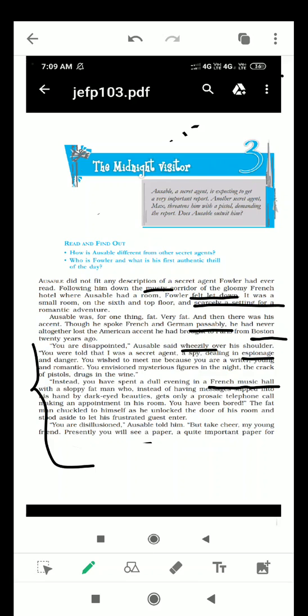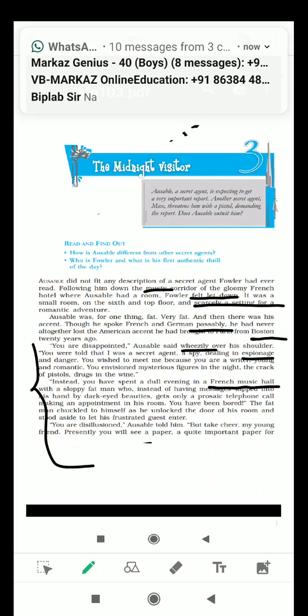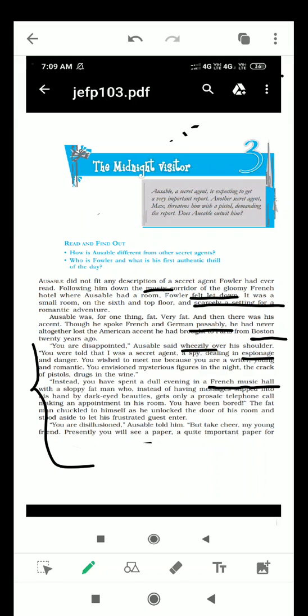Now, while he understood the feeling of frustration of Fowler well, he very clearly, very frankly talked to Fowler. Fowler, I mean, you were frustrated. You had spent a very dull evening. Dull means fruitless. A very fruitless evening with a person who was quite flat and sloppy. Sloppy means careless. Instead of his messages slipped into his hand by dark-eyed beauties, he gets only a prosaic telephone call, making an appointment in his room. You spent a very dull evening with a man